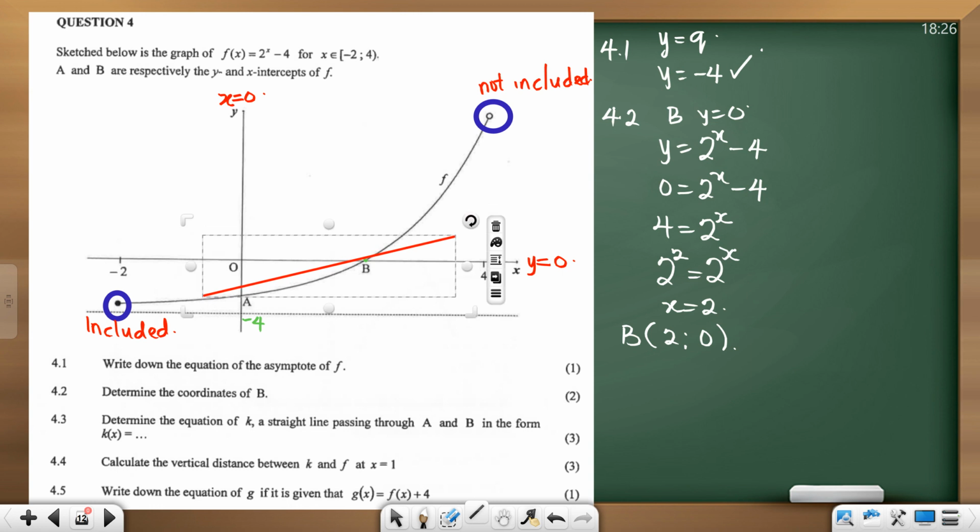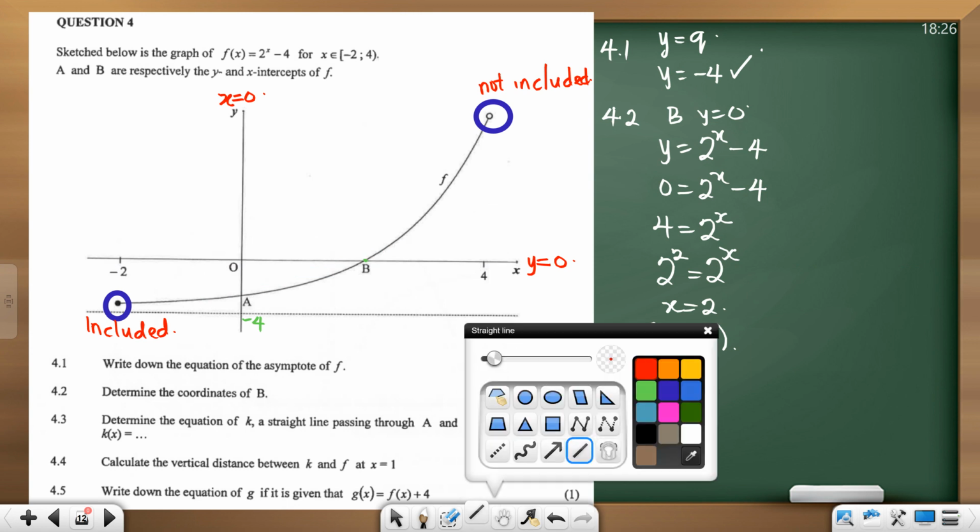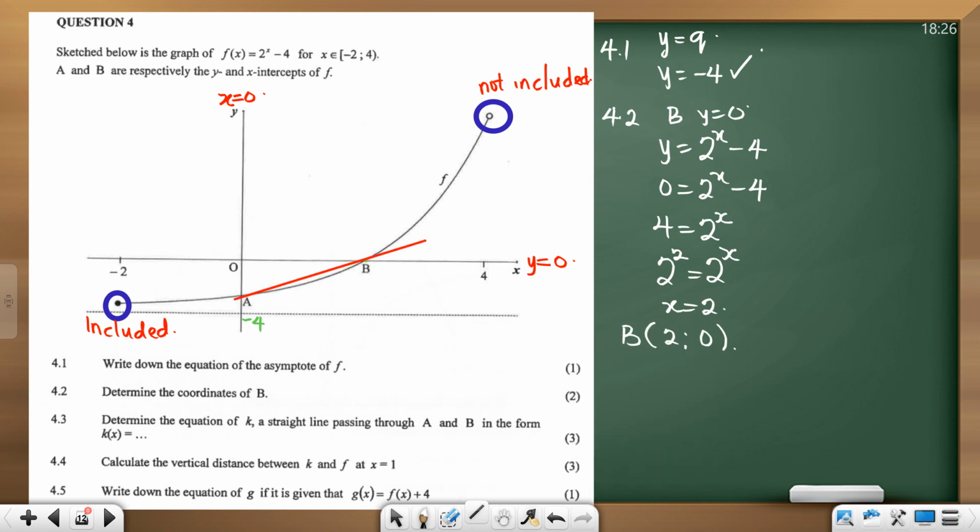A and B. We want the equation of that line. How do we get the equation of a line? y equals mx, but you cannot get that without getting